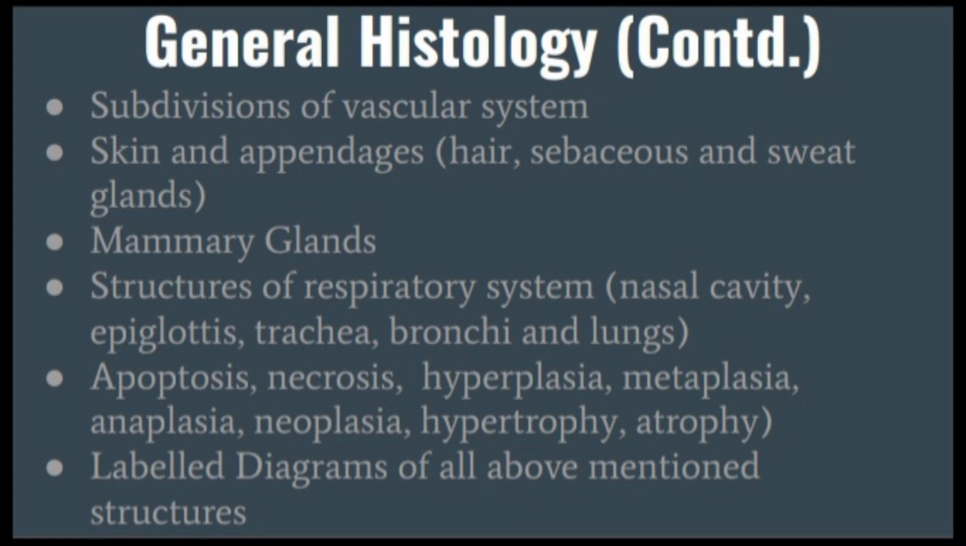You should also know about certain terms like apoptosis, necrosis, hyperplasia, metaplasia, anaplasia, neoplasia, hypertrophy, and atrophy. You should also know how to draw the labeled diagrams of the structures that are mentioned above, like the lungs, mammary glands, trachea, thymus, spleen, epiglottis, different types of epitheliums, different types of glands, blood vessels, bones, cartilages, all of